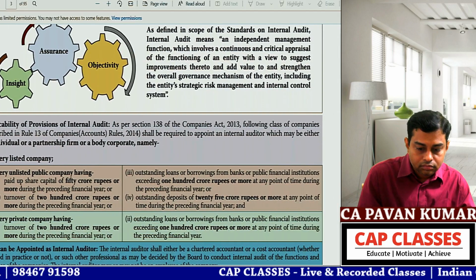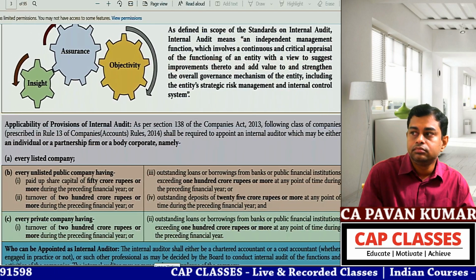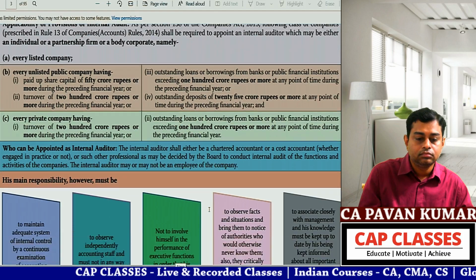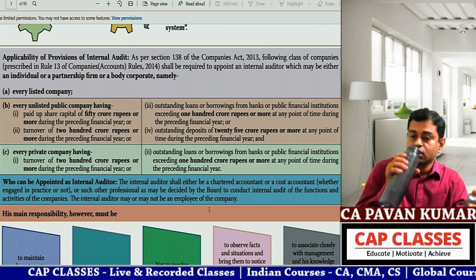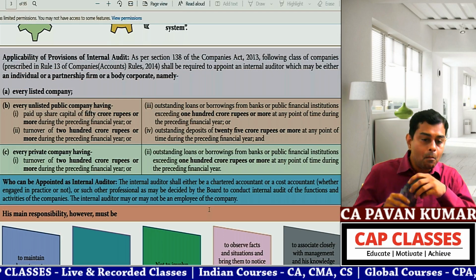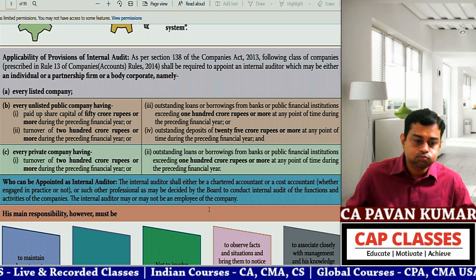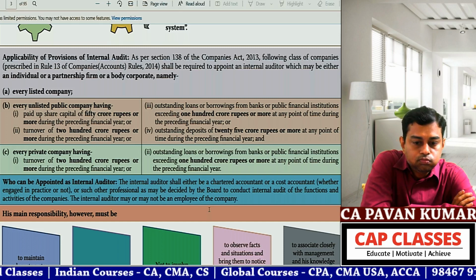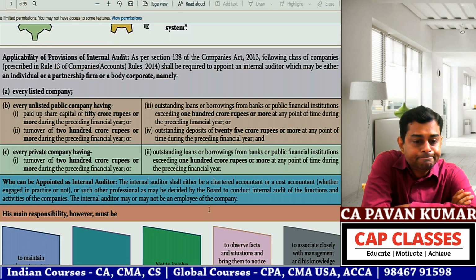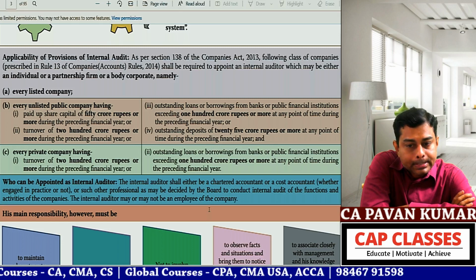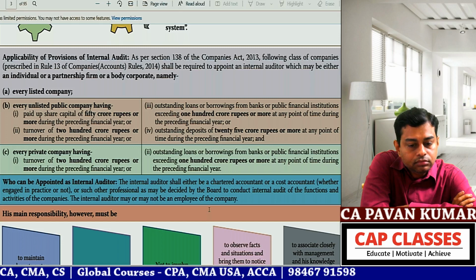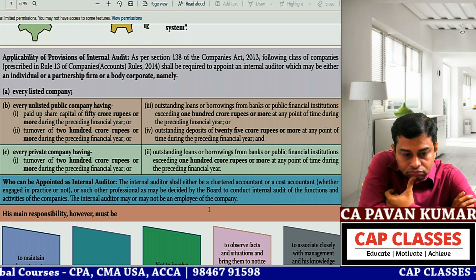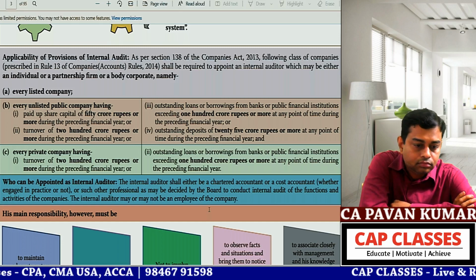Applicability of provisions of internal audit. As per Section 138 of Companies Act 2013, following classes of companies prescribed in Rule 13 of Companies (Accounts) Rules 2014 shall be required to appoint an internal auditor, either an individual or a partnership firm or a body corporate, namely: every listed company; every unlisted public company having paid up share capital of 50 crore rupees or more during the preceding financial year, or turnover of 200 crore rupees or more during the preceding financial year, or outstanding loans or borrowings from banks or public financial institutions exceeding 100 crore rupees or more at any point of time during the preceding financial year, or outstanding deposits of